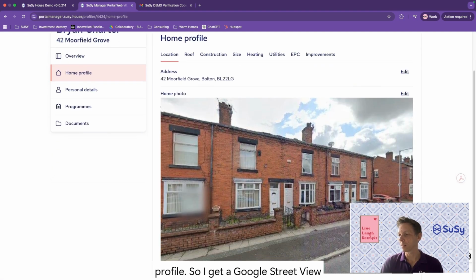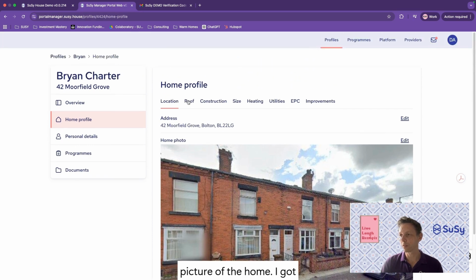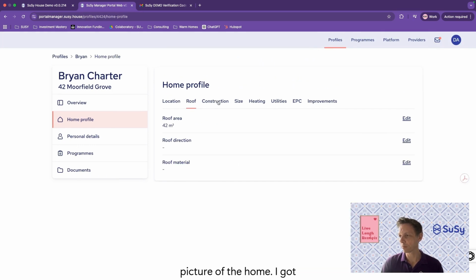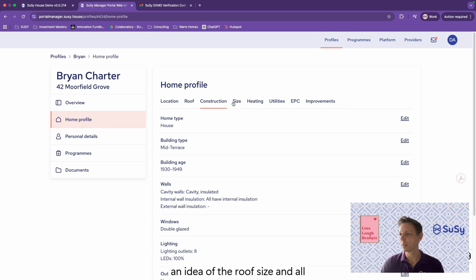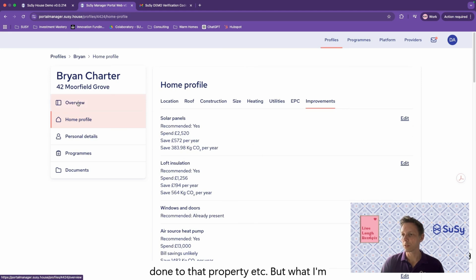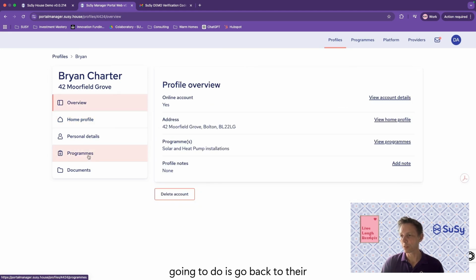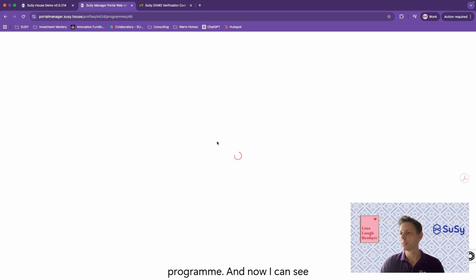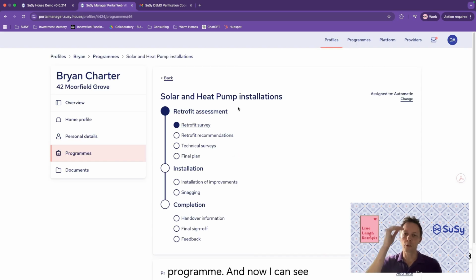So I get a Google Street View picture of the home. I get an idea of the roof size and all the different elements that have been undertaken, what improvements could be done to that property, etc. But what I'm going to do is go back to their program, and now I can see all the steps